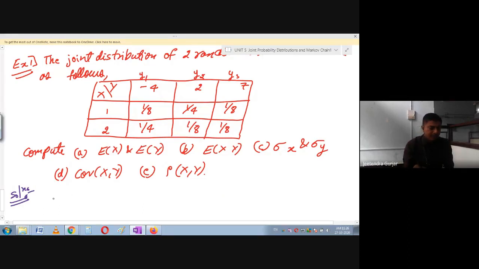So first we go with the distribution of x. When you simplify this distribution of x, how will you do it? You will just distribute this. We want to calculate E of x and E of y, that is, the expectation of x and the expectation of y. So I'm going to go for the distribution, students.